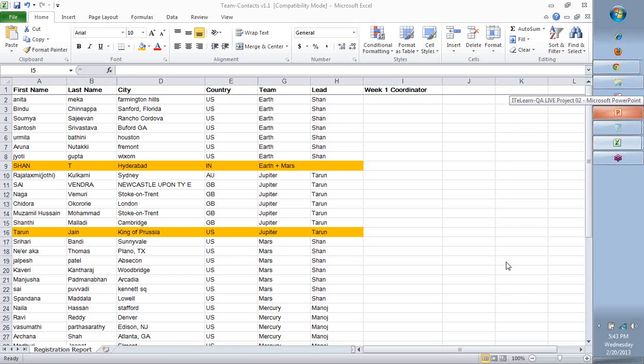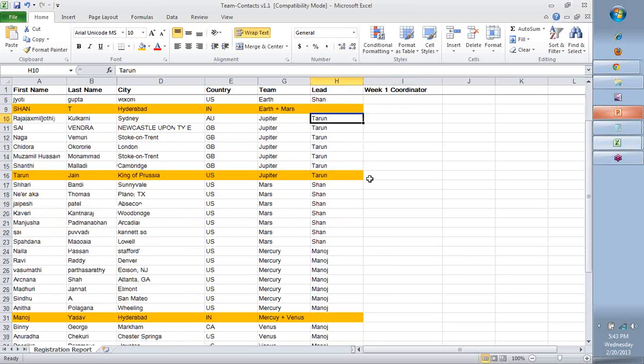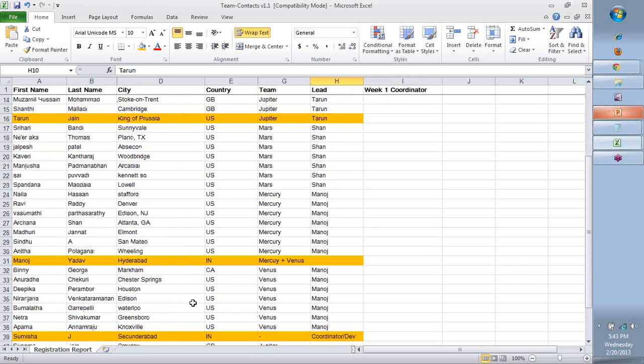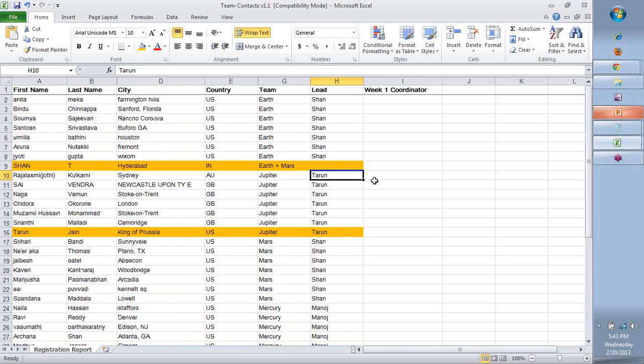Let me see. Would you suggest I share details only with leads? Then we can plan later about coordinator and sharing the details. But the problem is, if I share the details only with the leads, then you have too much on your plate, Shan, Tarun, and Manoj, to be able to coordinate and manage the teams. That is the reason I wanted to divide it in such a way that each one of us is responsible. Let us take that responsibility. Let us be conscious.